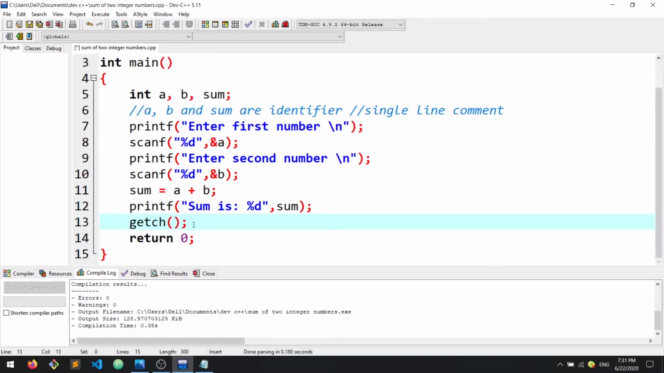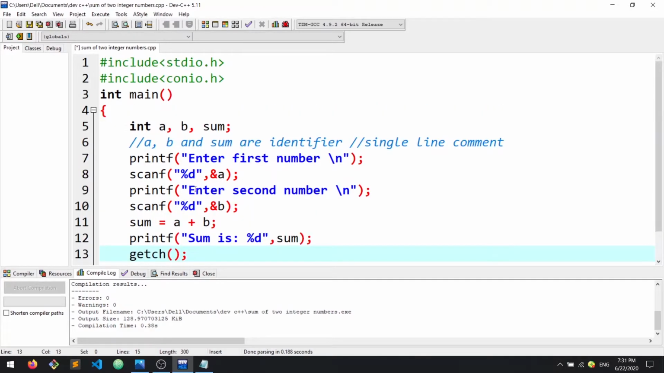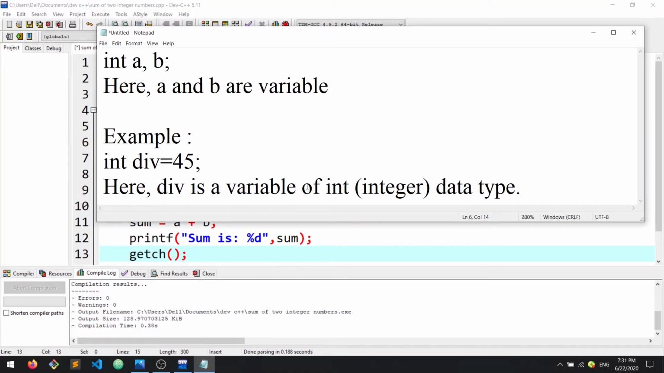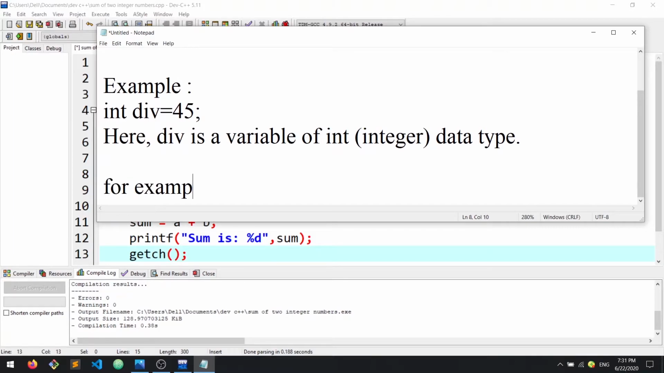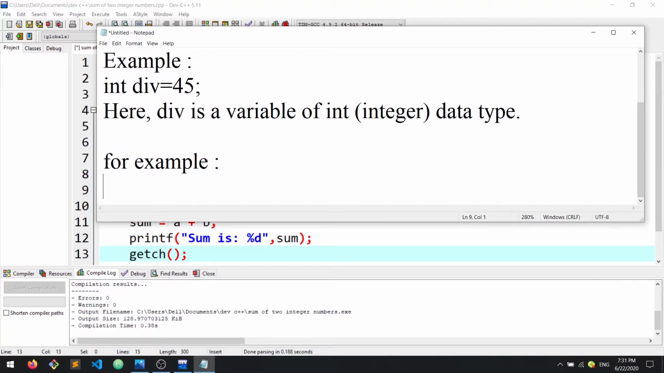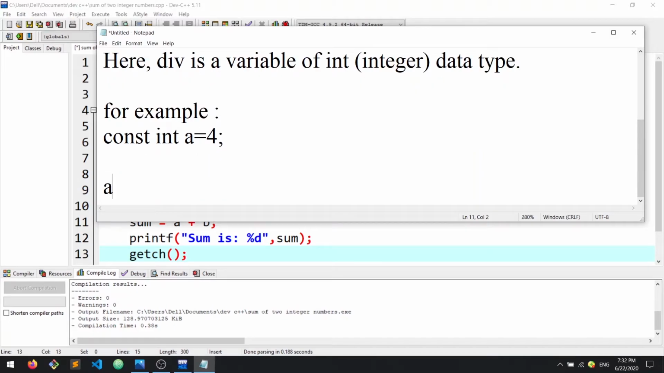So now the next thing is a constant. In this program we have not used a constant, but in programming we can declare a constant using the const keyword. So for example, we can declare a constant using the const keyword. This is also a keyword used in C programming. const int a equal to 4. Here a is a constant,